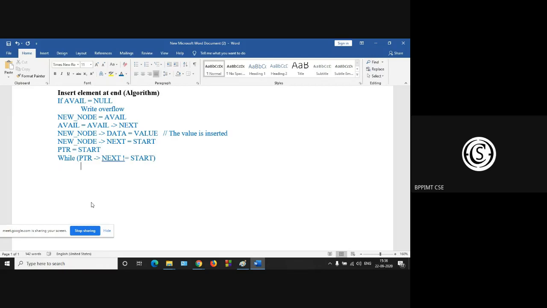So you have to traverse: PTR is equal to PTR arrow next. Okay. Next PTR arrow next is your new node.